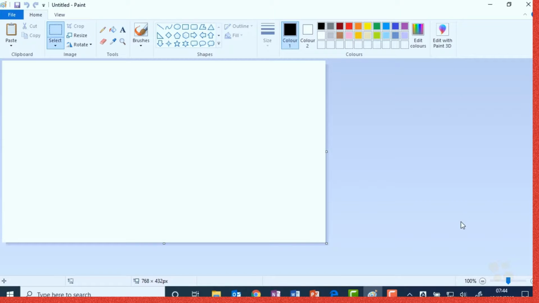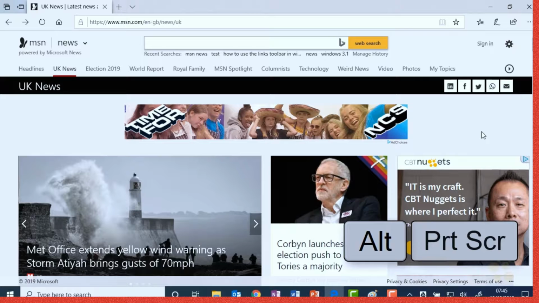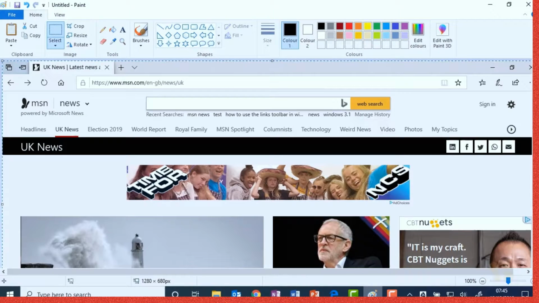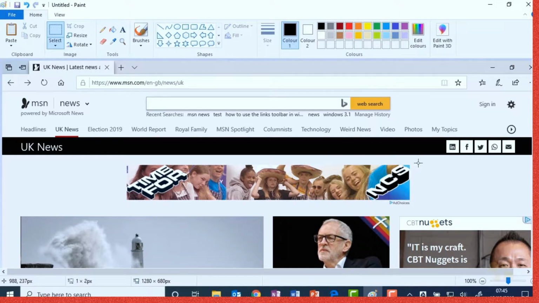I won't save it. So an alternative would be to hold down your Alt key while you press print screen, and that will just take the active window. So if I now paste that into Paint and just reduce the size of that to convince you that that's done the job, perfect. I've now just got that one window that was active. And then of course I can make any edits to this picture or annotate it or whatever and save it